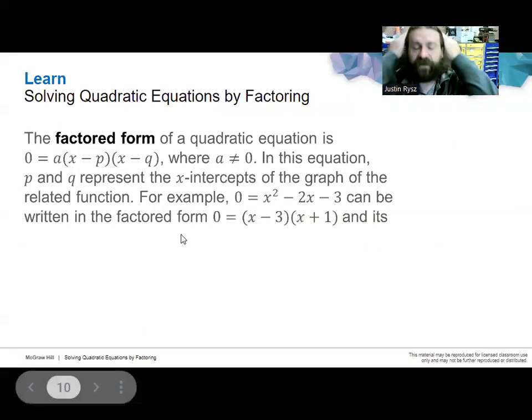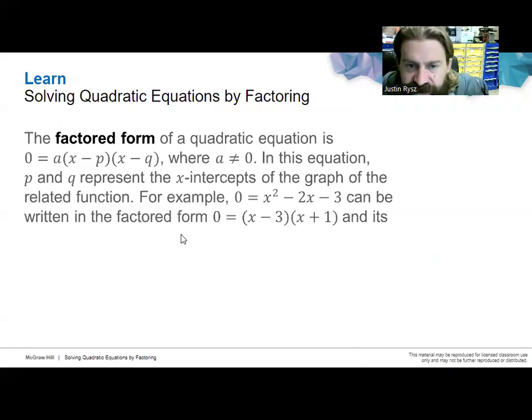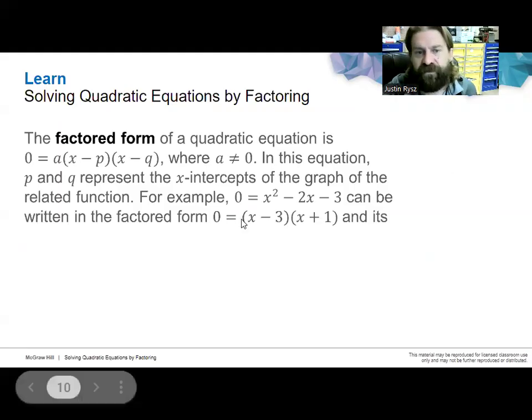Okay, so if we remember from graphing, if we want to solve a quadratic, we want to figure out where the equation equals 0. To do this without graphing, we can factor the expressions and get our roots here. What we just need to do then is to figure out where each one of these individual factors